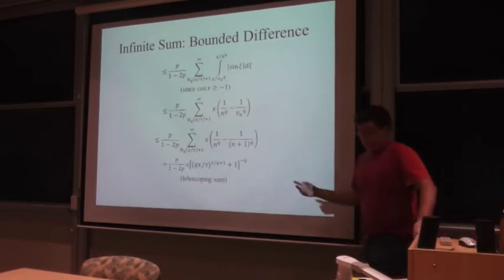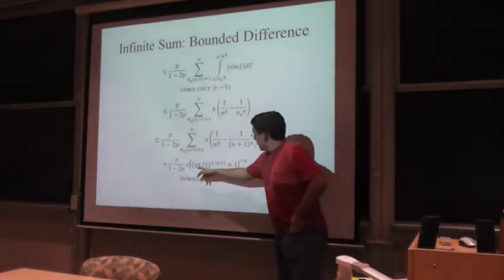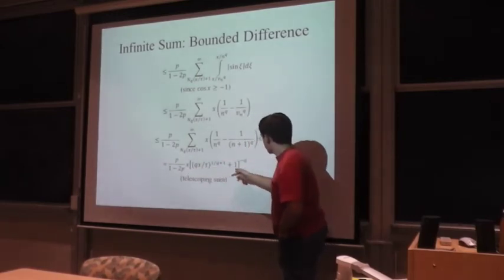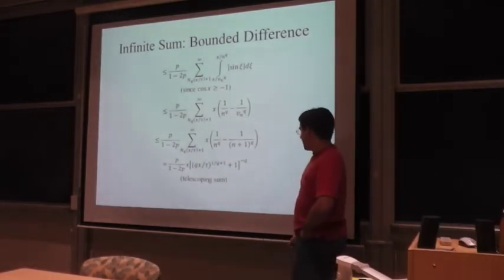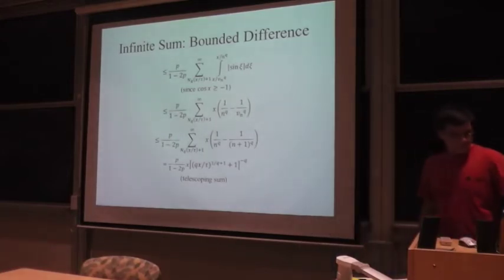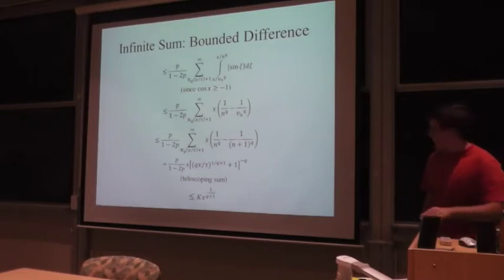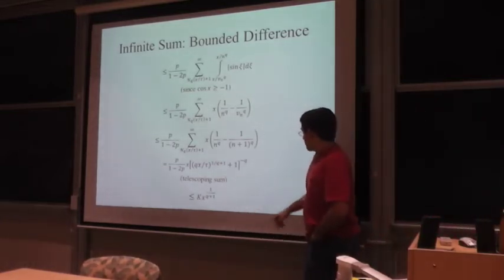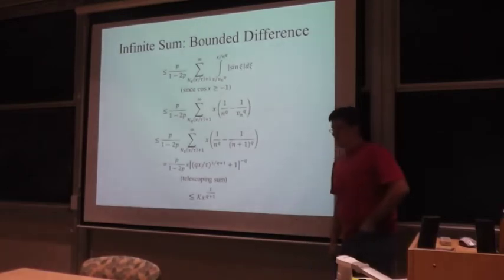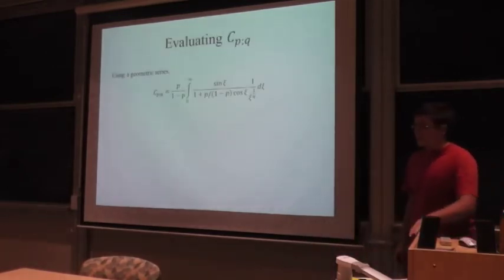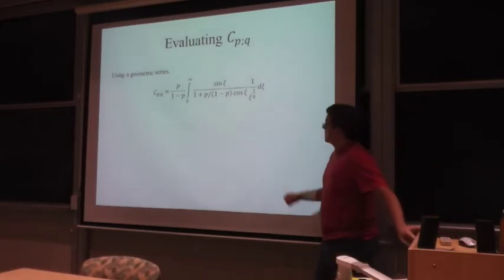And then again, we do the same thing we did before, and we have a telescopic sum, which gives us this result. And that is less than or equal to kx to the power of 1 over some q plus 1. Now, the last part of the proof is showing that our constant is actually some value and does not